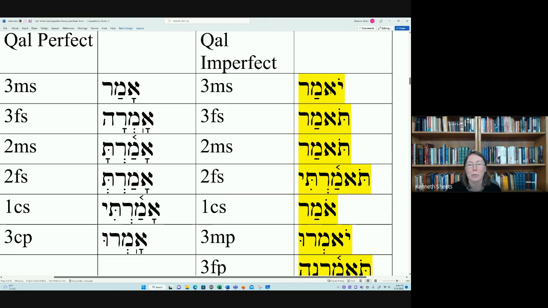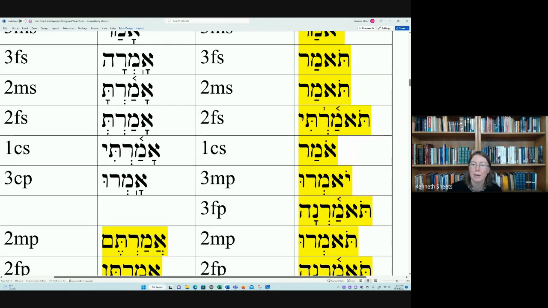Again, that is due to the phonological constraints of the aleph there. So the aleph basically ends up making that initial syllable open because it is a very weak sound. And as a result, that hireq could not stand. And so thus we have to have a long vowel there. And so thus we have that holem in this instance. So you have yomar, tomar, tomar, tomerti,